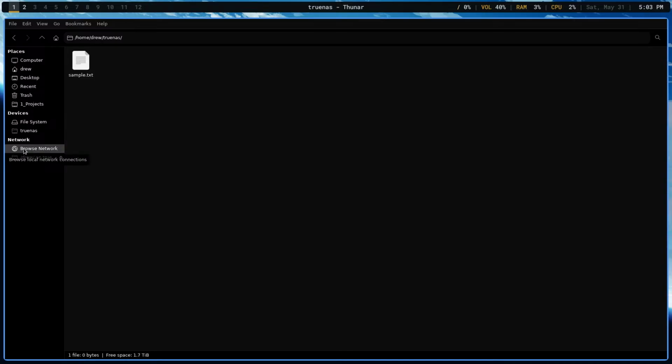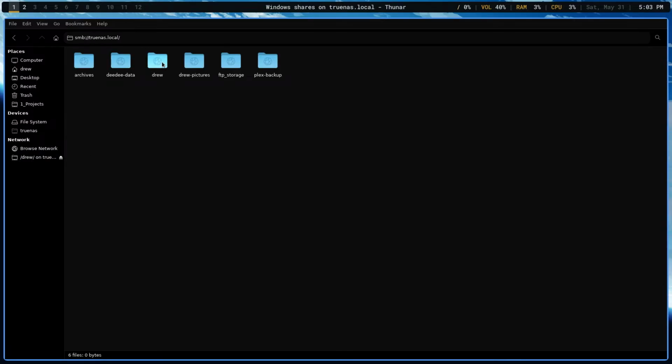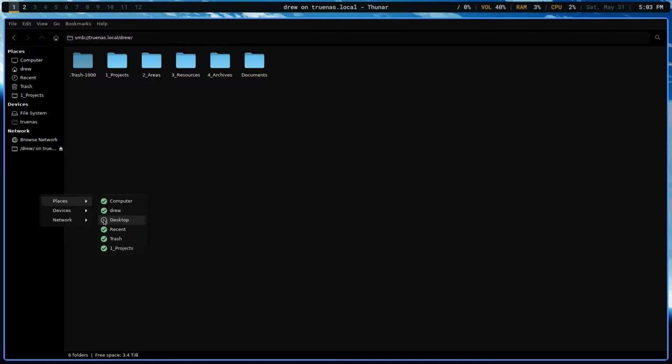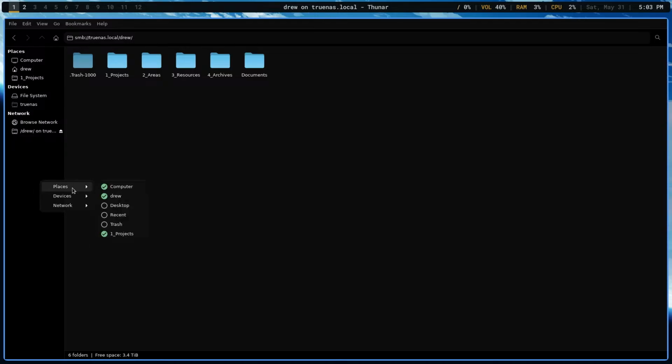Okay. So let me just go back and finish my thought about this. What I'm doing these days is saying, I don't need desktop. I don't need trash. I don't want recent. And that's pretty much it. So what I'll do is put these over here on the left, and I'll have one projects, two areas, three resources, and four archives. And I'm using those as my